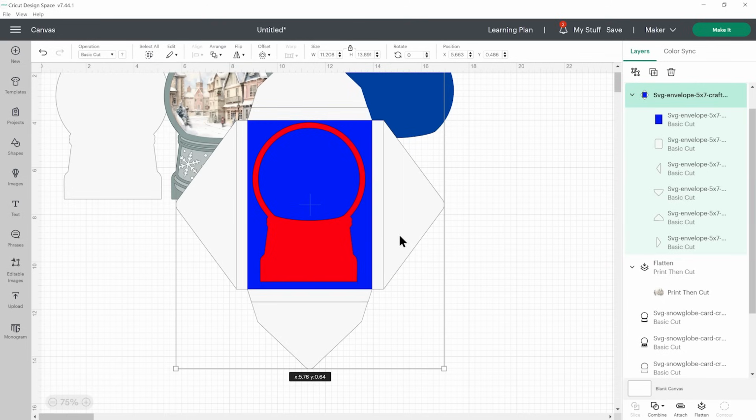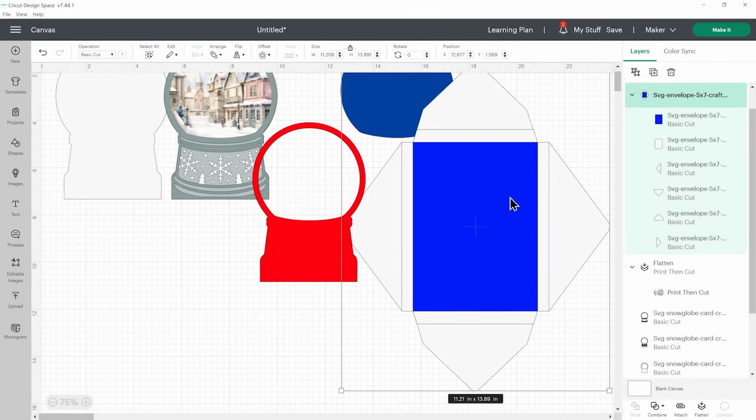So you want your card to be able to fit in the blue section of the envelope. I'm leaving a bit of a gap around the edges to allow for the height of this card, especially because it's got that foam in it. For the shaker, it will be quite tall. So yeah, that actually loaded in at kind of the right size, but I thought it would be a good idea to show you how to change it just in case it didn't.